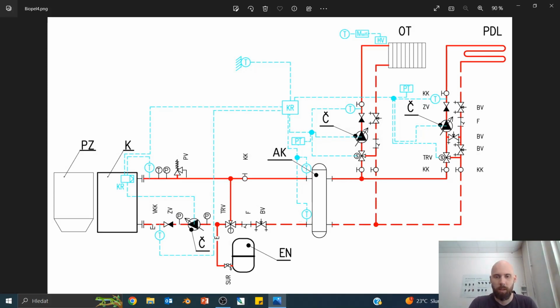So let's take a look at the hydraulic scheme of the most common installation with our boilers. When we speak about a more advanced installation, on the left side you can see the boiler with what we call the primary circuit, with pump and thermostatic valve. And then we have, of course, a buffer tank, and on the right-hand side we have secondary circuits, two secondary circuits,